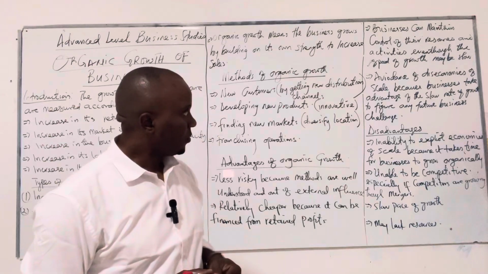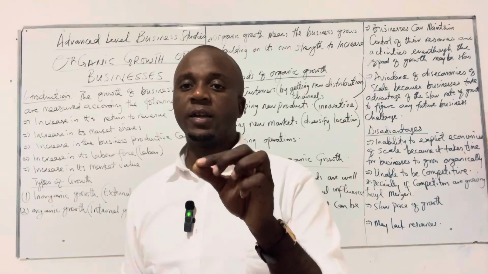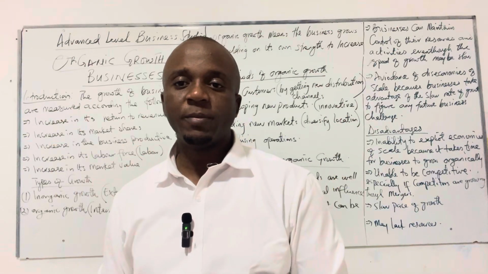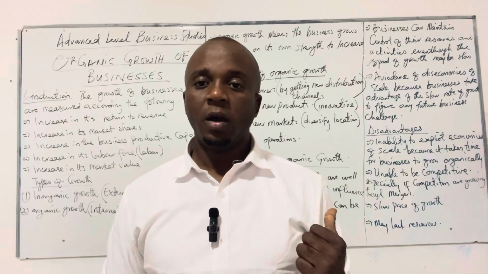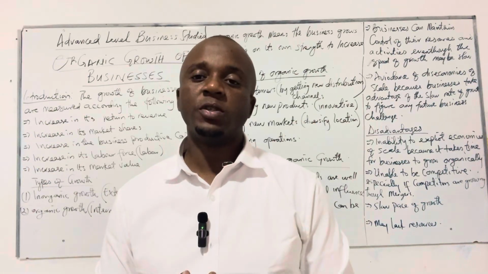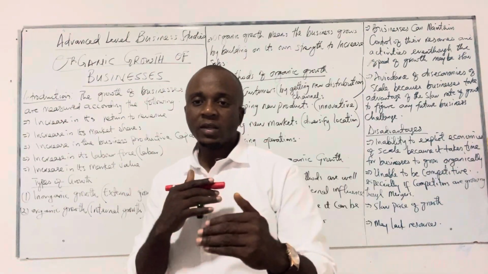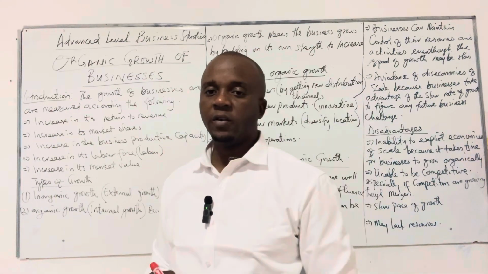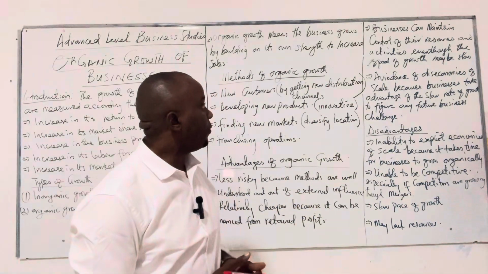Then the last, they avoid these economies of scale. What are these economies of scale? These diseconomies of scale are the cost disadvantages suffered by firms because of their increase in size. It may be mismanagement, it may be waste of resources, it may be so many things. But when a business grows organically, they avoid those problems that may affect the business in the short run. Why? Because the rate of growth of businesses organically is very slow, so it gives them enough time to picture a problem or a challenge that can affect the business in the future. So they avoid these economies of scale. So those are the advantages of organic growth.